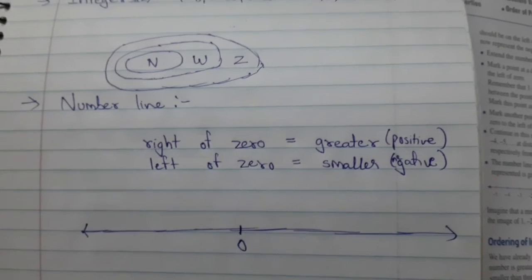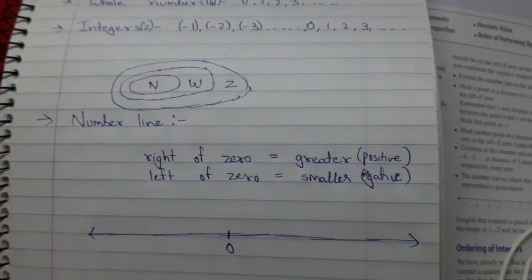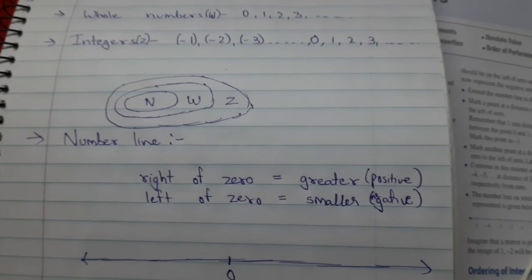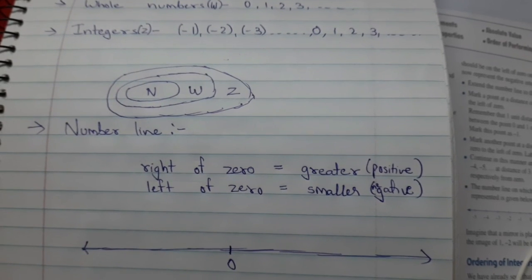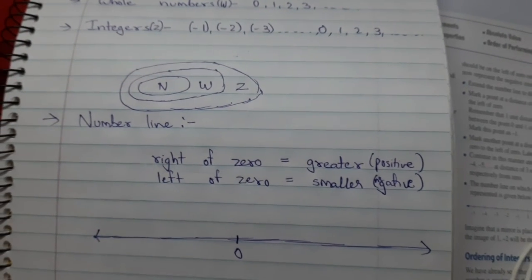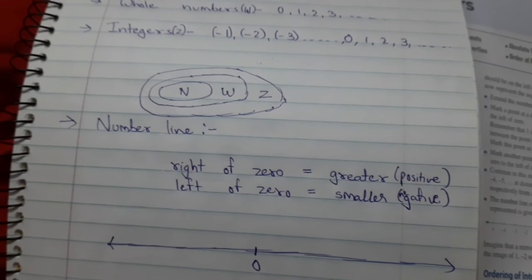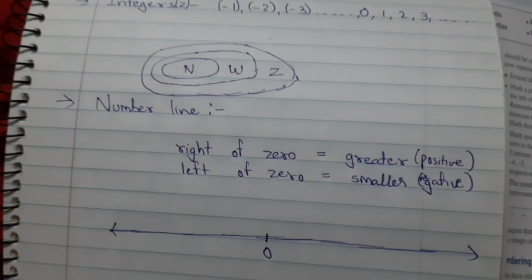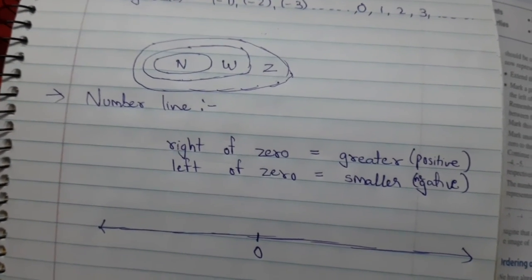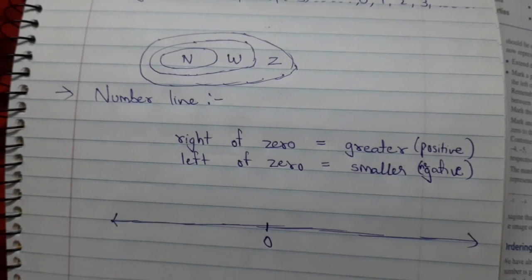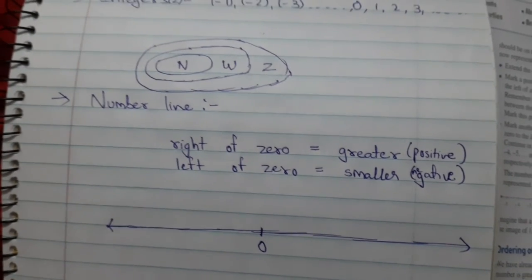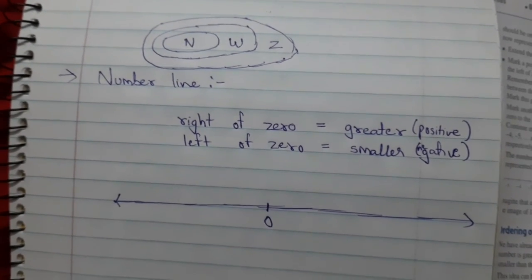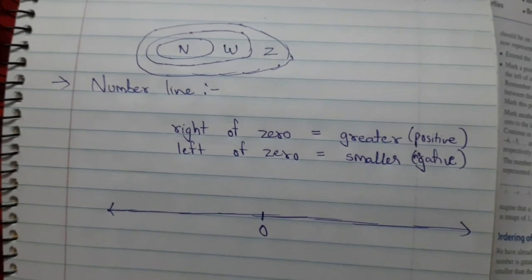So now you must be thinking, what is the use of negative numbers? Negative numbers are used in showing the temperature. If you see in your refrigerator, the water is getting converted to ice. Why? Because in your refrigerator you are keeping the temperature low, -1, -2 like this. So this way negative numbers are used to show the temperature. Even to show loss we use negative numbers. So there are many uses of integers.